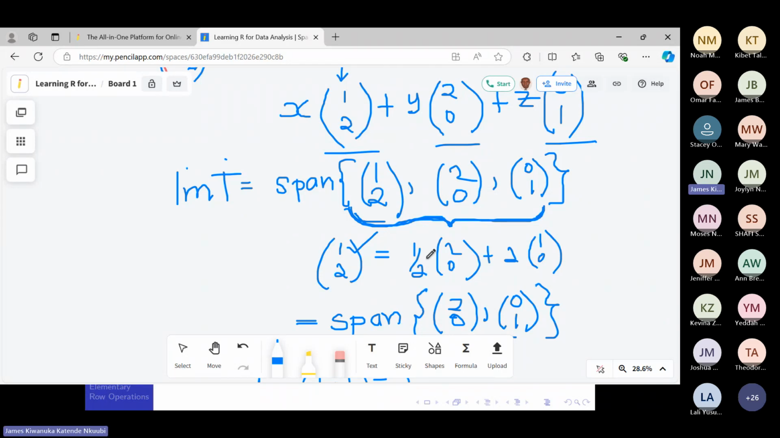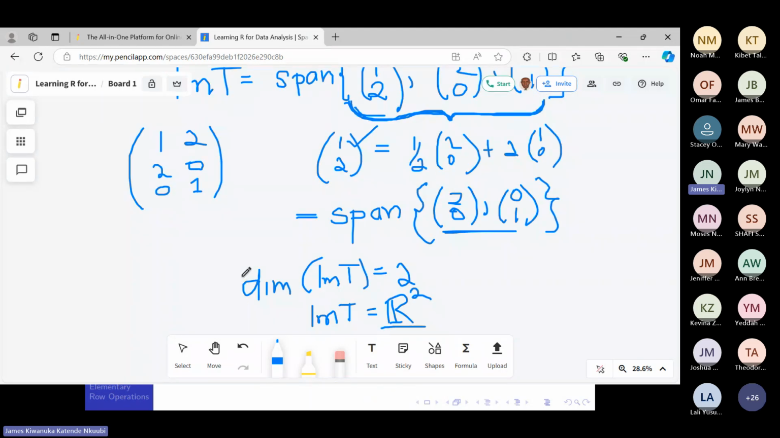So for instance, in this case, you could write out the vectors as a matrix. The first is 1, 2, the second one is 2, 0, and the last one is 0, 1. So reducing this to just echelon form is sufficient. If you wish to go further, you can go to reduced echelon form. So if you reduce this to echelon form,